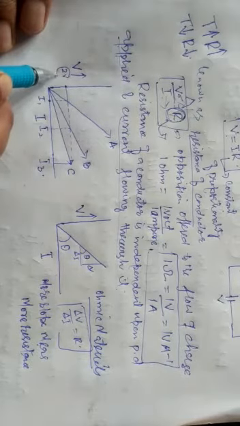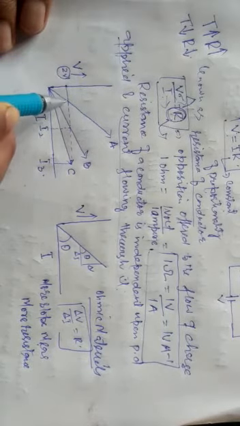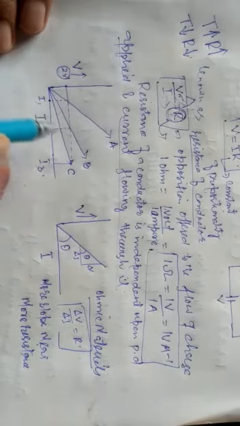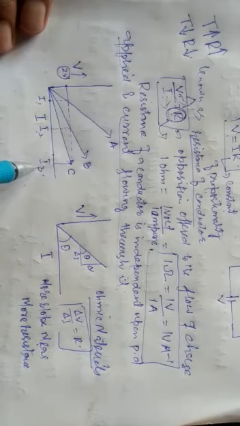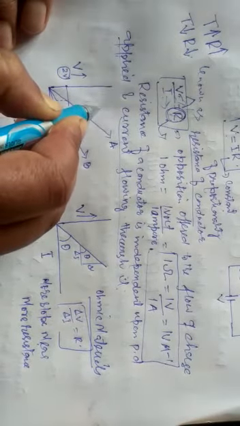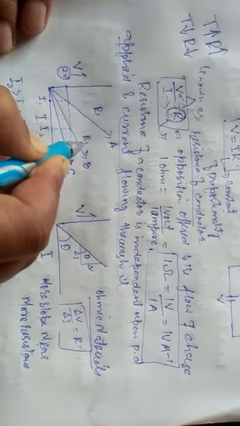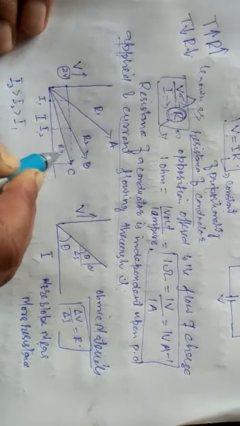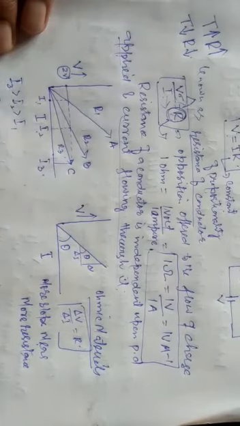At a voltage of 2 volt, in material A we are having I1 current, which is smaller. In material B we are having I2, which is greater than I1, and in material C we are having I3. Here I3 is greater than I2, which is itself greater than I1. That means if they have resistances R1, R2 and R3, then R1 is greater than R2, which is greater than R3.